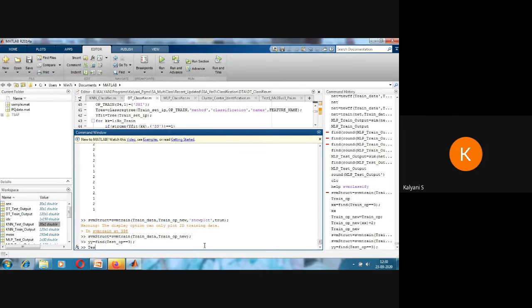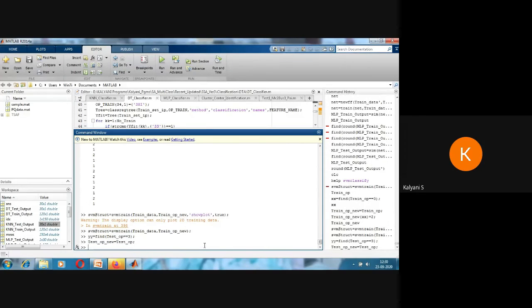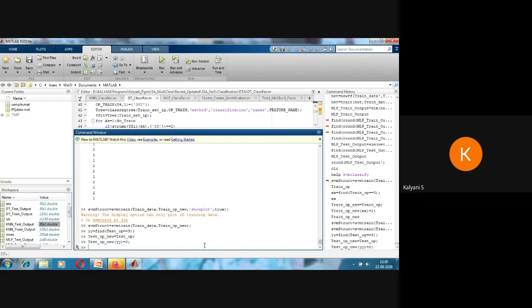Now test output new will be equal to the existing test output, and in test output new I am going to replace all the YY indices with class label 2. Okay.